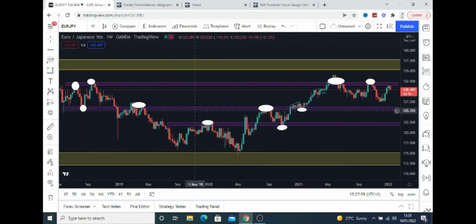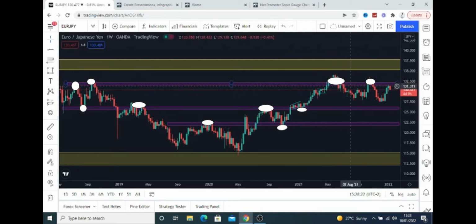So both these areas, here it was the support, and then here it became a resistance. Even if you look at this one, it was the resistance, and then it was broken up, and then the price came back to retest this area to make it a support now. Then the price went up,